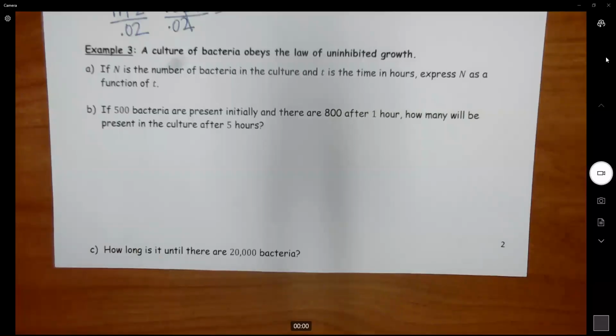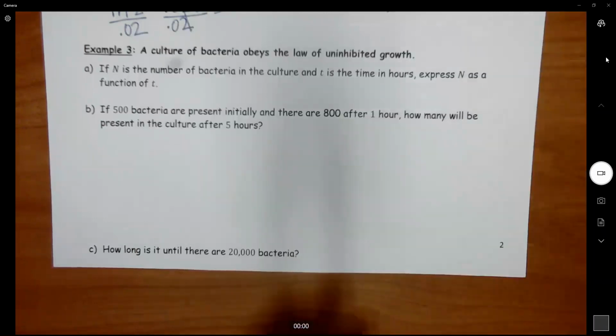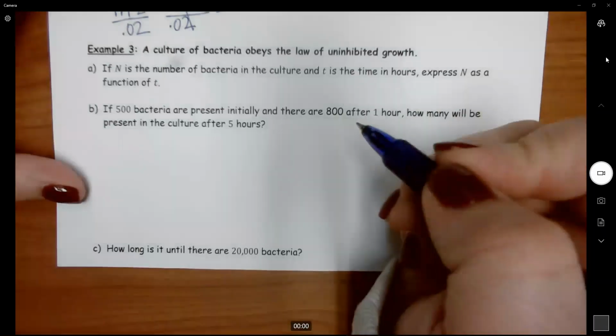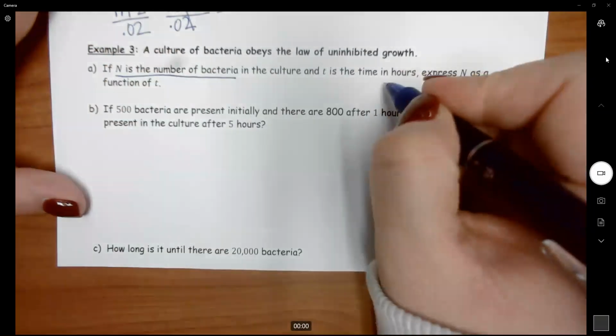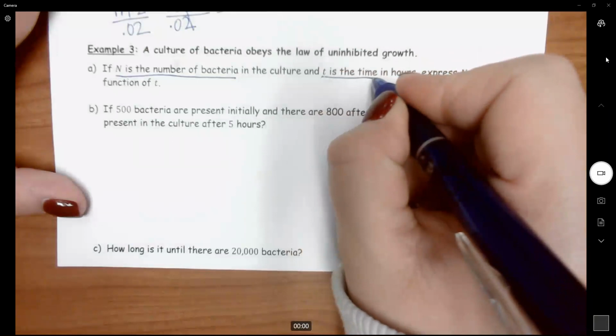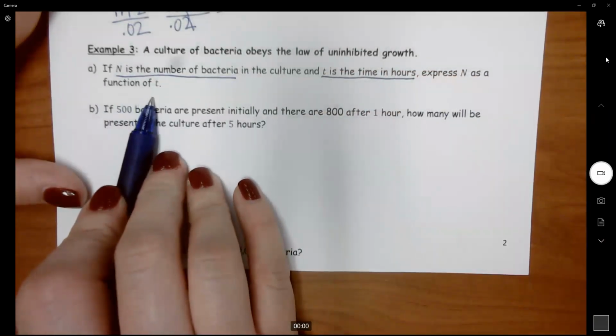All right, example 3 says a culture of bacteria obeys the law of uninhibited growth. So I know I'm using this formula here from the first page. If N is the number of bacteria in the culture and T is the time in hours, express N as a function of T. So all you are doing here